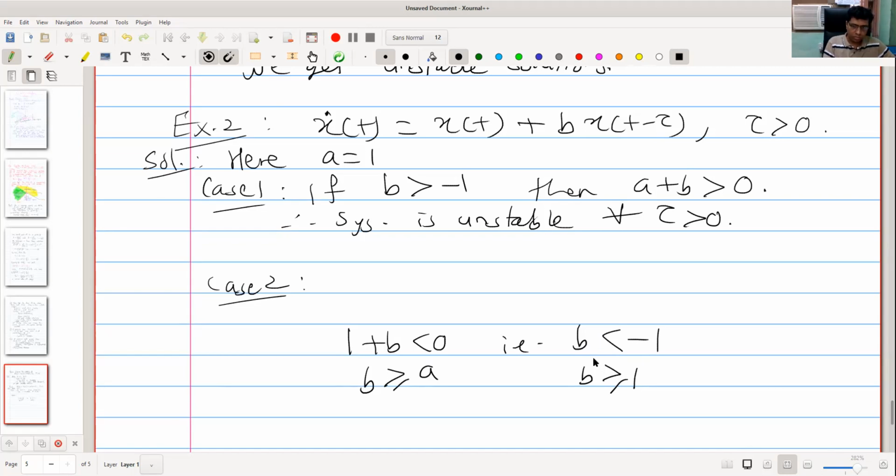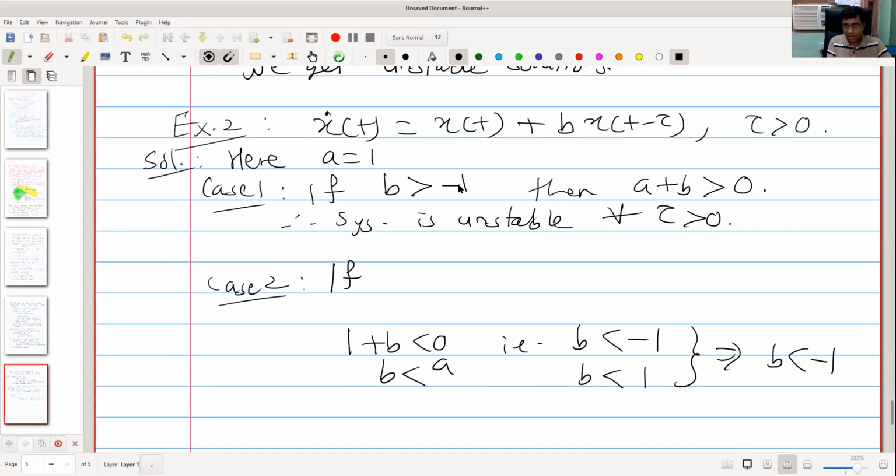But there is a third condition which may be helpful. The third condition is A plus B is negative and B less than A. Okay, that is possible. B less than A, what does this mean? B less than 1. So B less than -1 and B less than 1. If we take the union of these two sets, this implies B less than -1. If B is less than -1, then automatically it is less than 1 also.